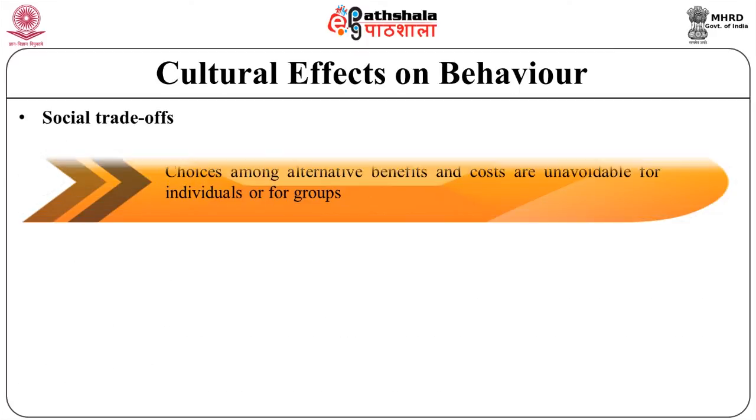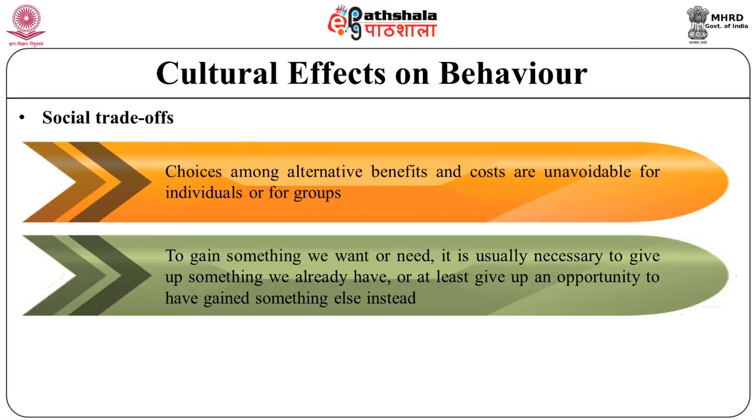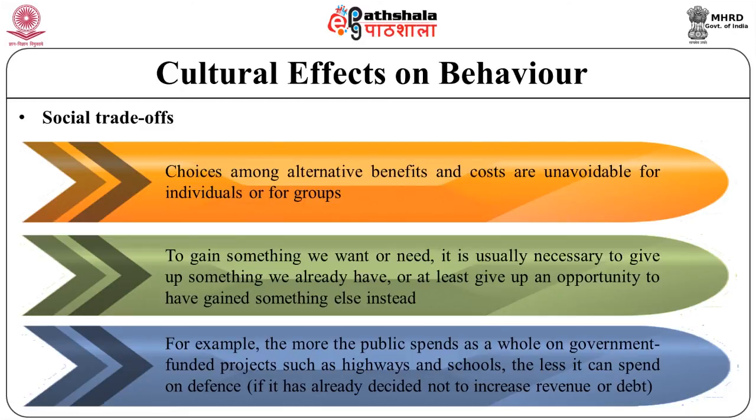Now let's understand the concept of social trade-offs. Choices among alternative benefits and costs are unavoidable for individuals or for groups. To gain something we want or need, it is usually necessary to give up something we already have, or at least give up an opportunity to gain something else instead. For example, the more the public spends as a whole on government-funded projects such as highways and schools, the less it can spend on defense, if it has already decided not to increase the revenue or